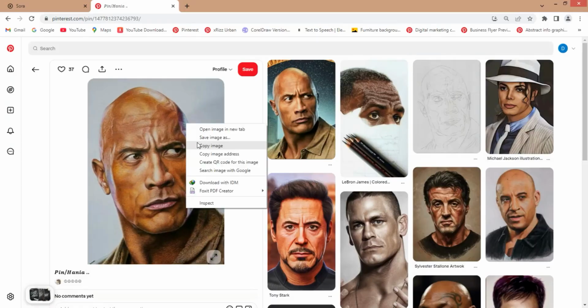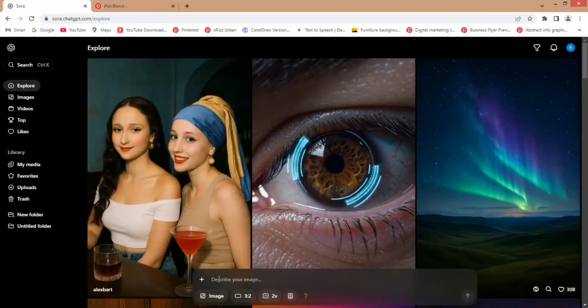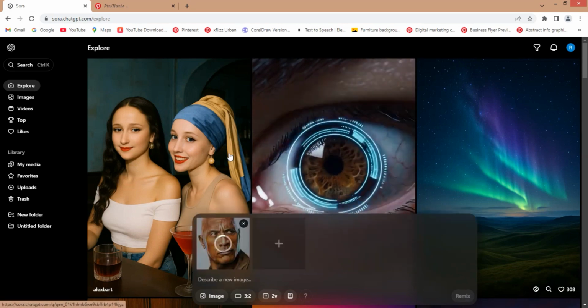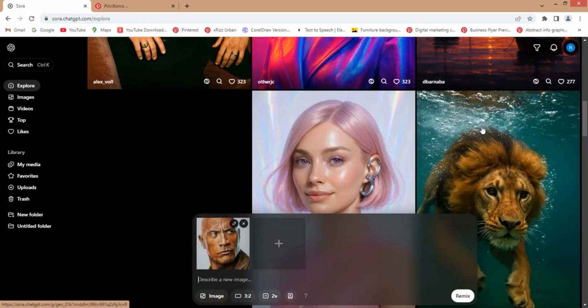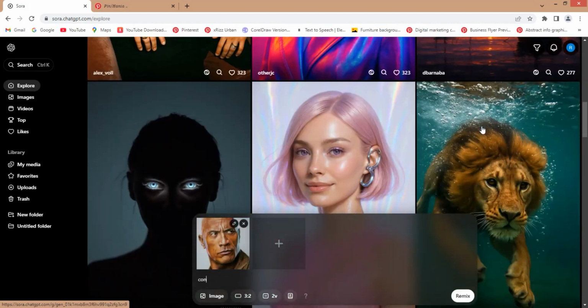Today, we are going to try creating a detailed vector like this using Sora. Normally, converting such a realistic photo into a vector in CorelDRAW can be quite challenging, especially for beginners. But with the help of Sora, we can generate a clean and professional vector-style version of the image by simply